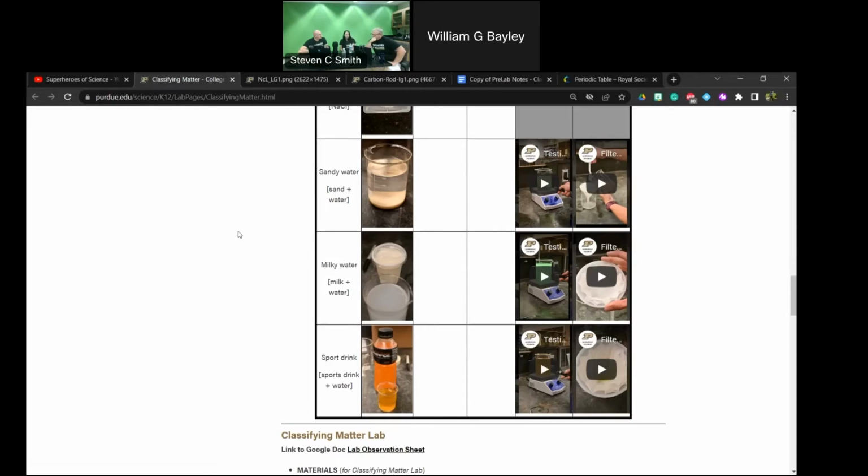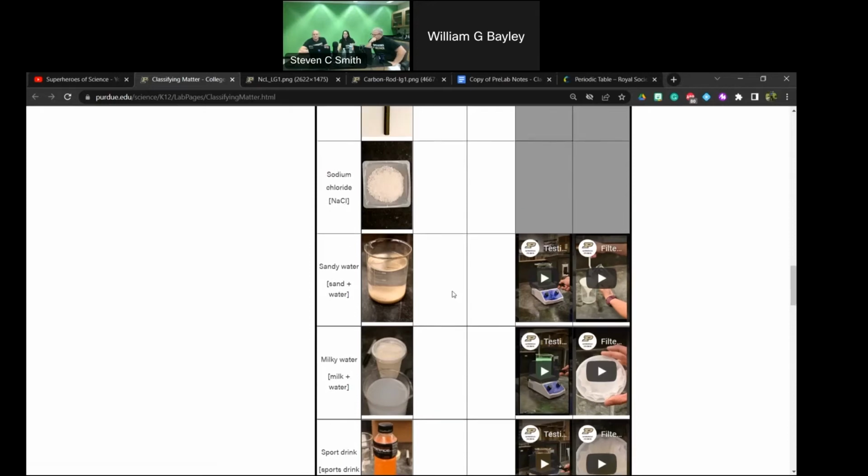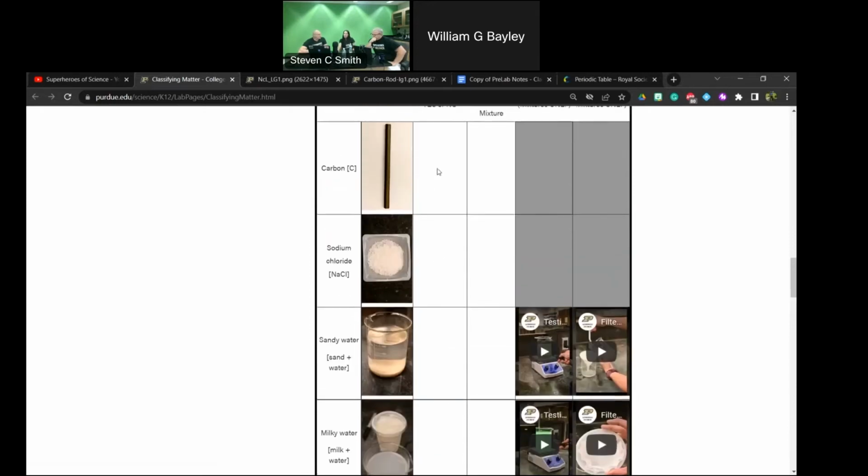We will differentiate between a compound and... maybe I don't understand that right. So that's with the filter. Yeah. So if it's an element or a compound, then that's a yes, because we can tie it directly to the periodic table, and that's when we would call it a pure substance, right? And then once it's a pure substance, we can determine whether it's an element or a compound.